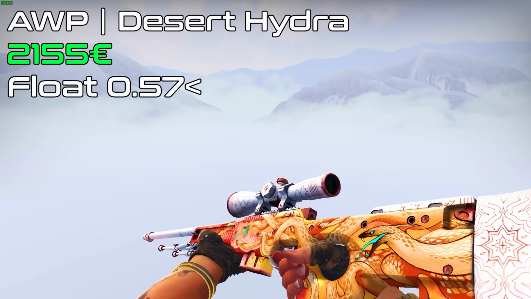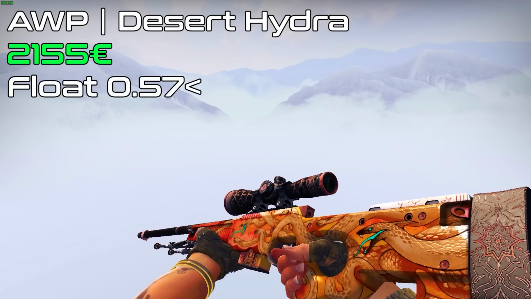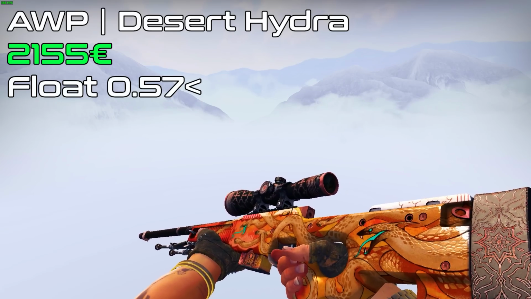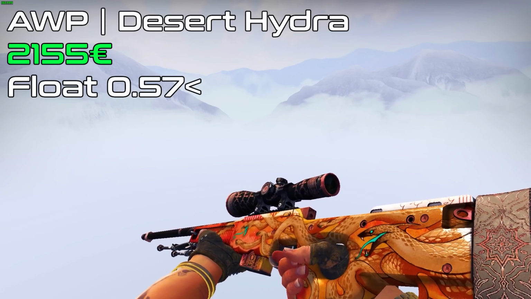Now we have a pretty recent and even more expensive skin, Op Desert Hydra. When it goes above 0.57 float, it gets a black scope and a black barrel. But it's not like the other ops with black scopes. This one has some artwork on it, and it is very rare because the float of Desert Hydra is capped